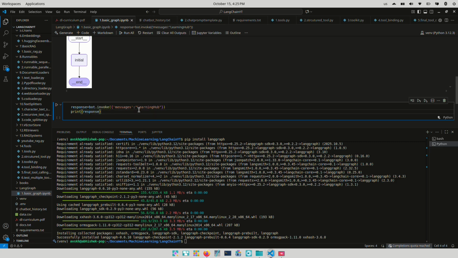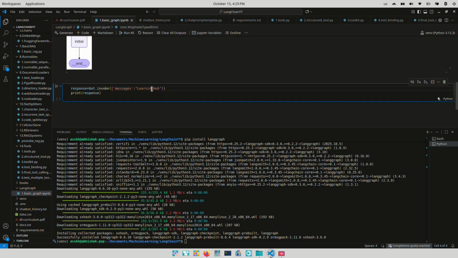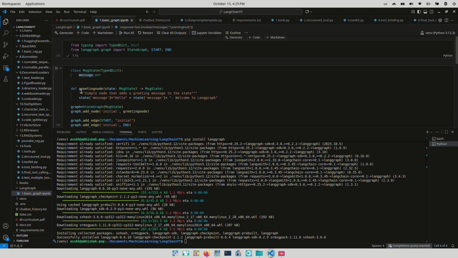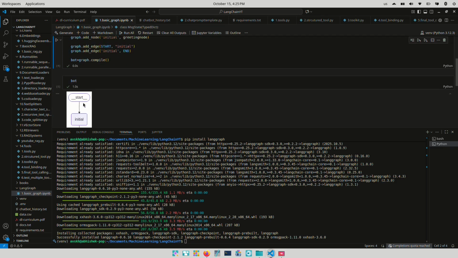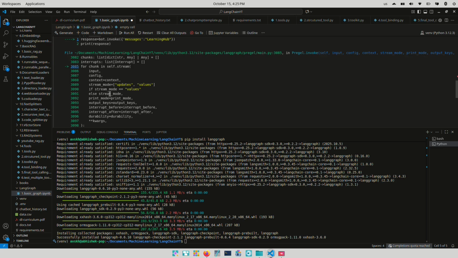So what happens here is, at first, the initial state in this particular variable contains this string called learning hub. Then it moves to greeting node, and then along with that learning hub, the state is now updated to this complete message here, and then basically what we get in the end is that particular complete content that we have processed. So if we run this,